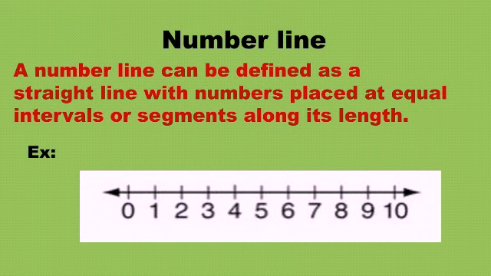See the example. Here I have drawn a line, but I have given two arrows on the sides. Why have I given these arrows? Can you tell me? Here we are talking about a line, a number line. So a line, you know, can extend in both directions infinitely or endlessly. For that reason you have to give two arrows on two sides.